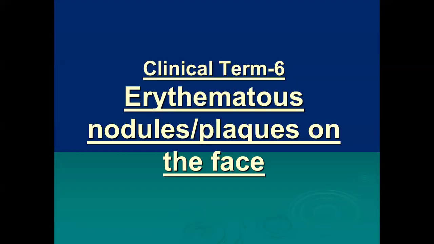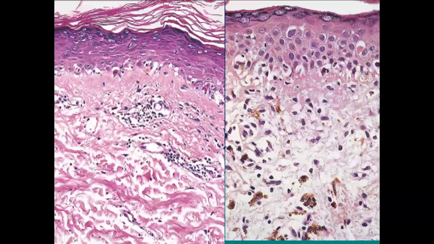The next group is the conditions which are associated with erythematous nodules and plaques on the face. A very typical malar rash, you could see a mild degree of erythema and some sort of nodulations in a female. This malar rash is typical of SLE, and if you take a biopsy, you would find an interface dermatosis